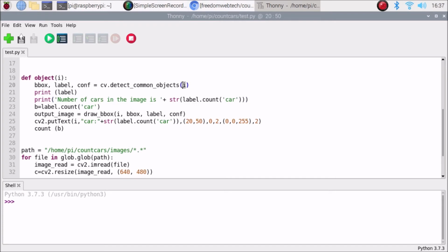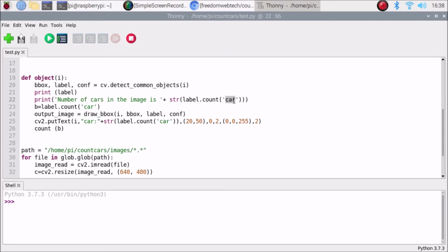I is what we are going to pass as the image, so for that mention the I. Then print label, then print number of cars in the image is, then label.count, because we need to count how many cars are inside the image. So label.count, and mention the specific object which we want to detect. We want to detect the car, so we need to mention that particular object name.